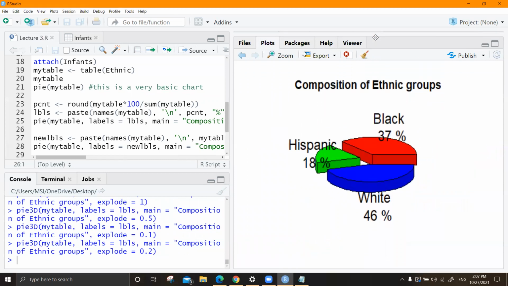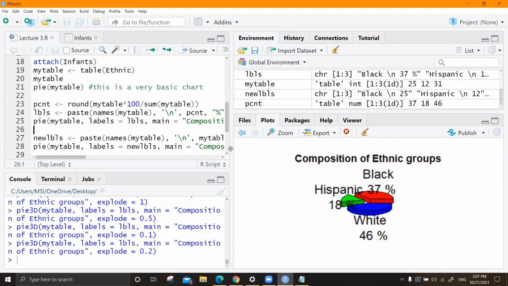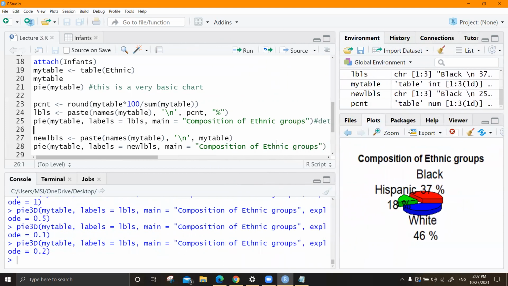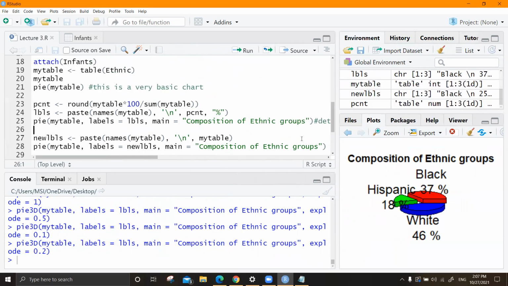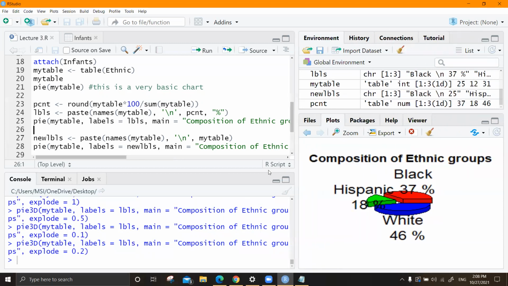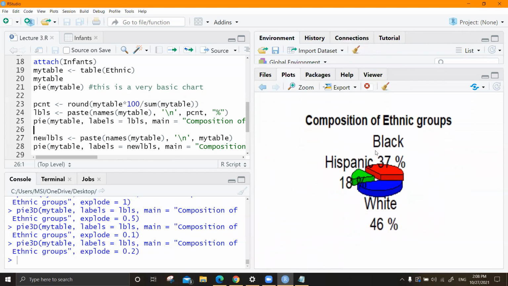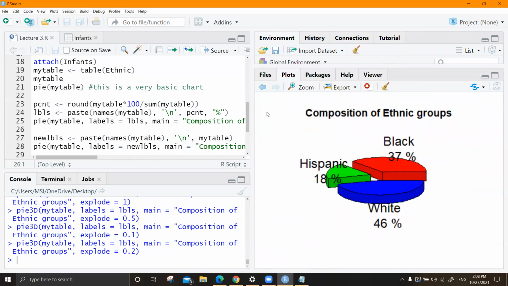Maybe when you give an argument, these margins are going out of this. So just try to change the window size like this, drag and drop, and run the code once again and see.